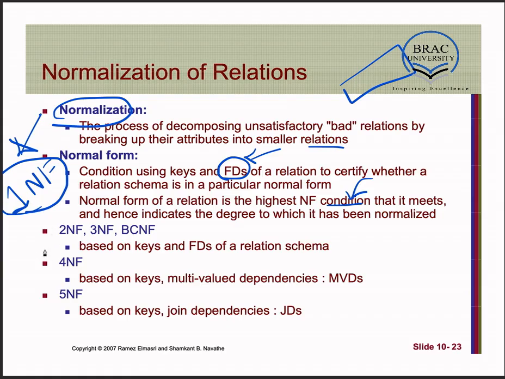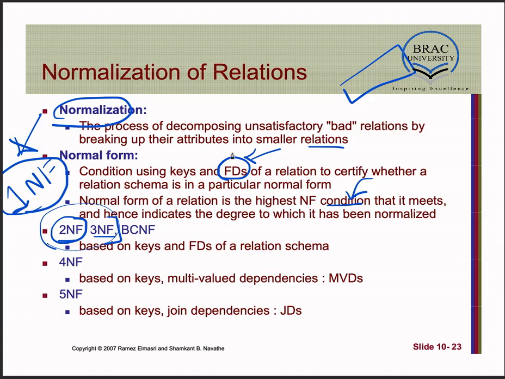Then there are other higher level normal forms. For a schema to be in the second normal form, or 2NF, it must be in 1NF, and then it should also fulfill the conditions of 2NF. There's 3NF, BCNF, and 4NF, 5NF, and so on. In our syllabus, we will learn up to 3NF. We'll learn what 1NF means, and then how to convert a schema into 2NF and 3NF. The higher level of normal form you reach, the better your design is.